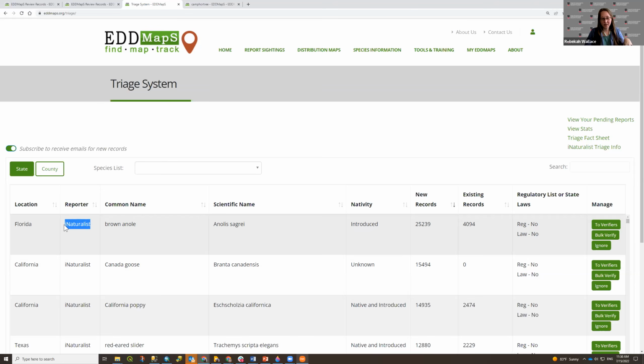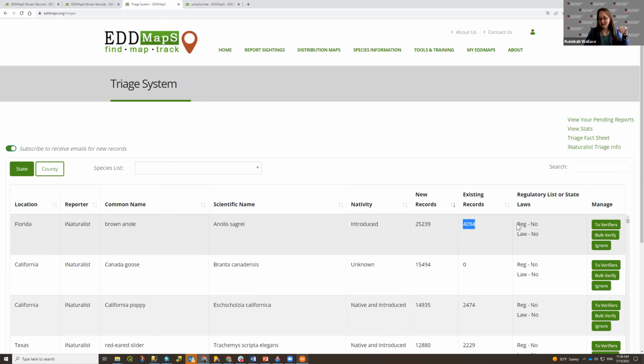And right now, all of the records are coming from iNaturalist, but we could add other massive data sets in here before long. What species we're talking about in Florida from iNaturalist? Is that species considered introduced, native, so forth? How many records would be in this particular data set? How many records we already have in the database that are reviewed records for that species in that location?